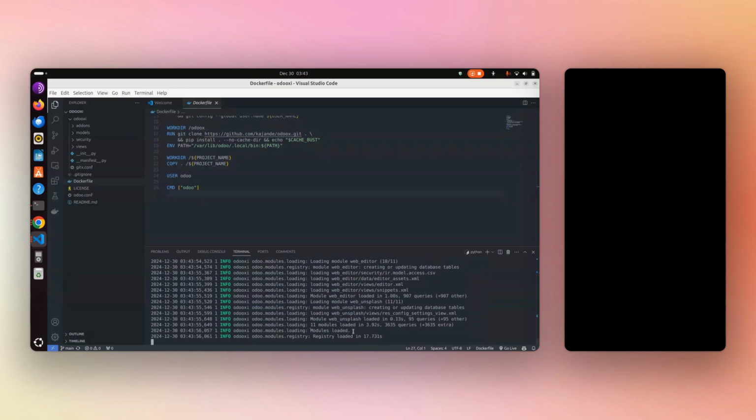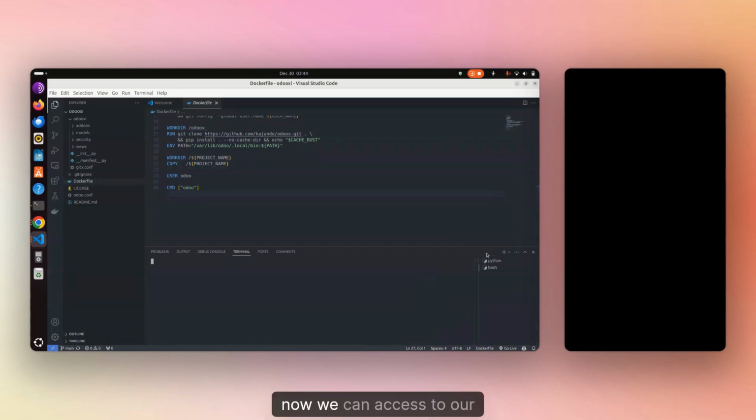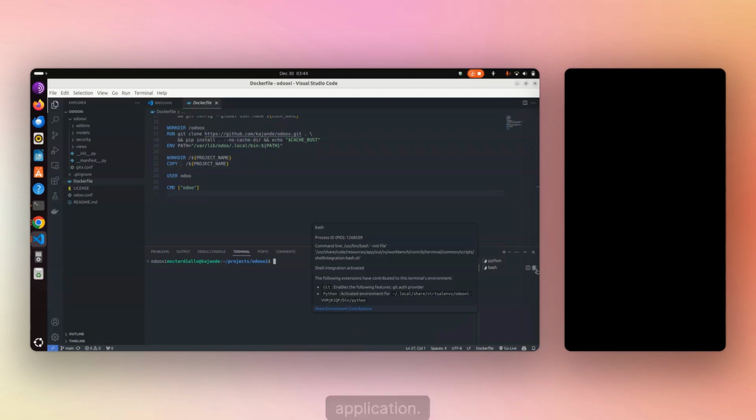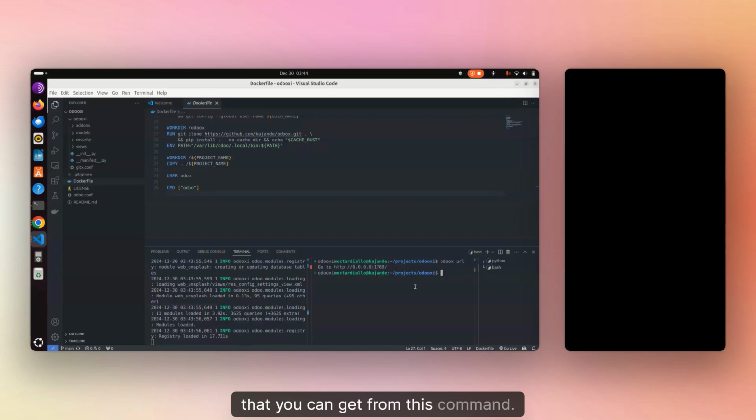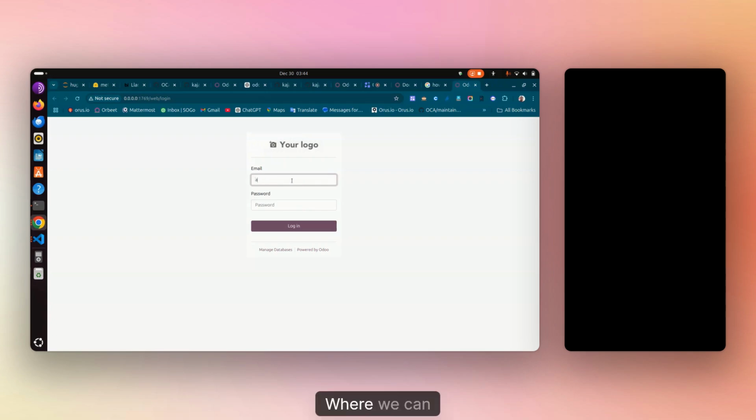Wonderful, everything seems to work fine. Okay, now we can access our application. Okay, following the URL that we can get from this command. So this is a URL, okay, where we can